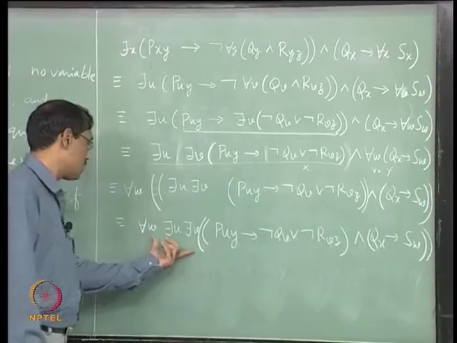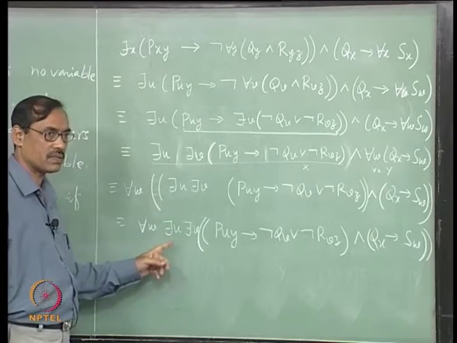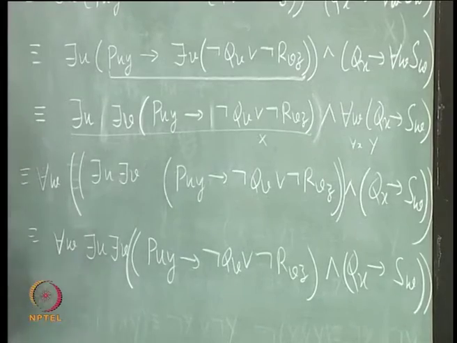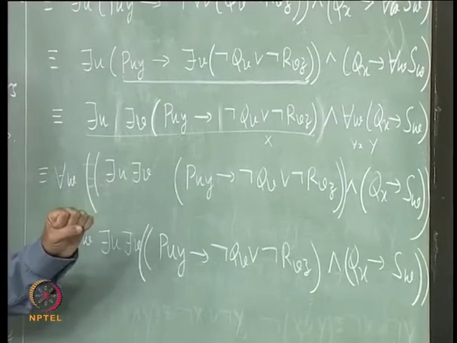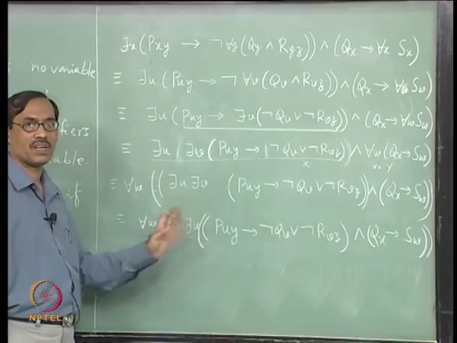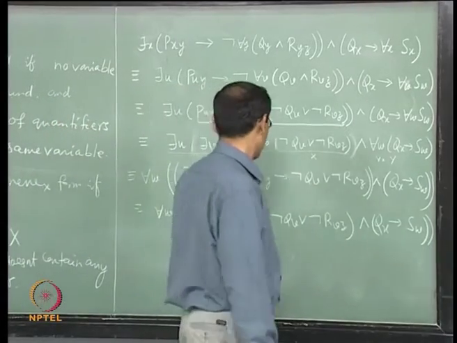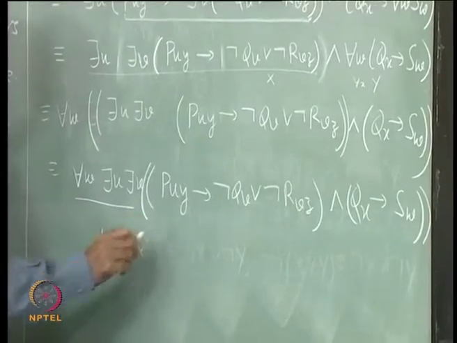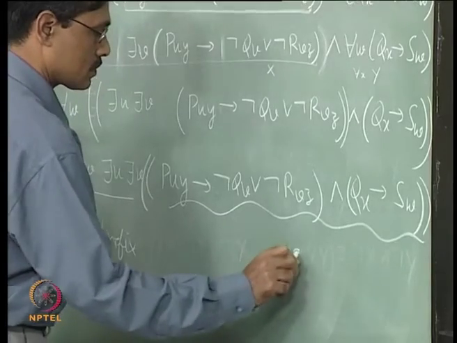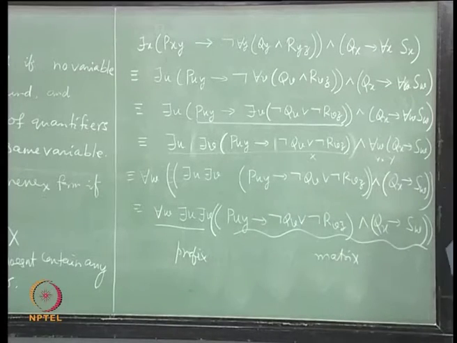Now, let us see. This prenex form is not necessarily unique, there can be different orderings of the quantifiers, but they will be equivalent in this sense. If there is no predicate having those variables combined, then those quantifiers can be in a different order, that is what it says. It is allowed in the prenex form. Now, in this prenex form, this is the prefix and this is the matrix. Okay, let us take another example.